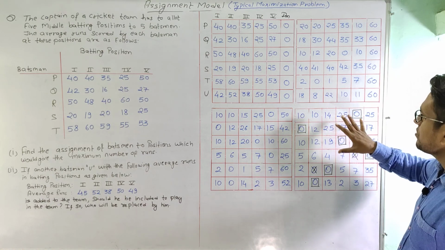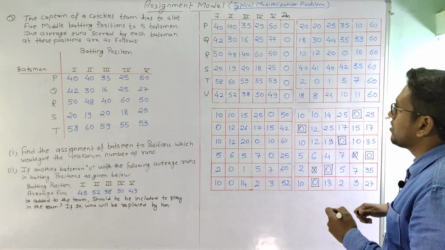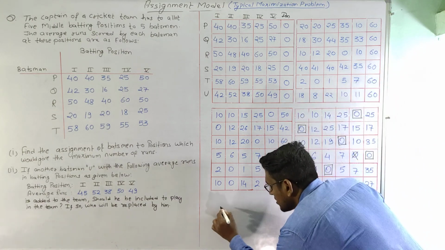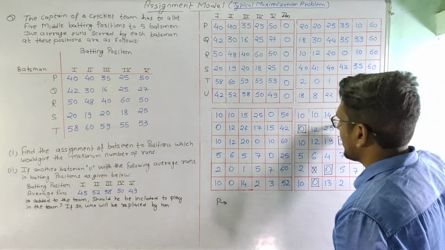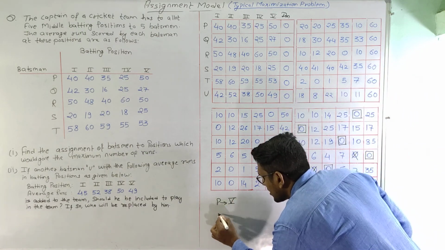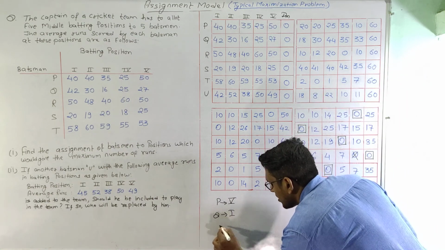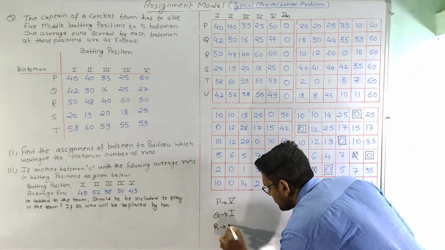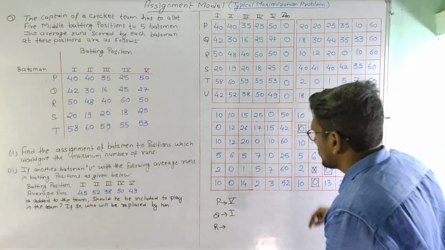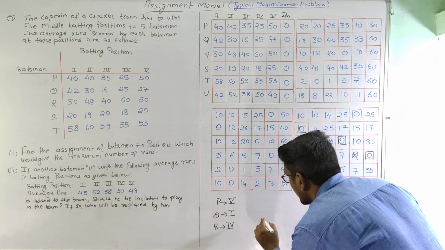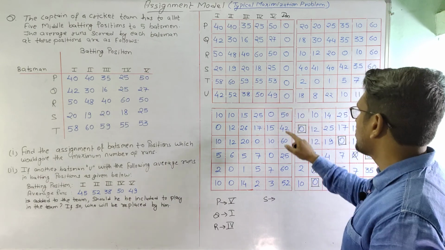Now this optimal solution will be the same for this maximization matrix. So let us see what are the allocations we have got after this. So P has been assigned to 5, okay. Q has been assigned to 1, R has been assigned to 4,